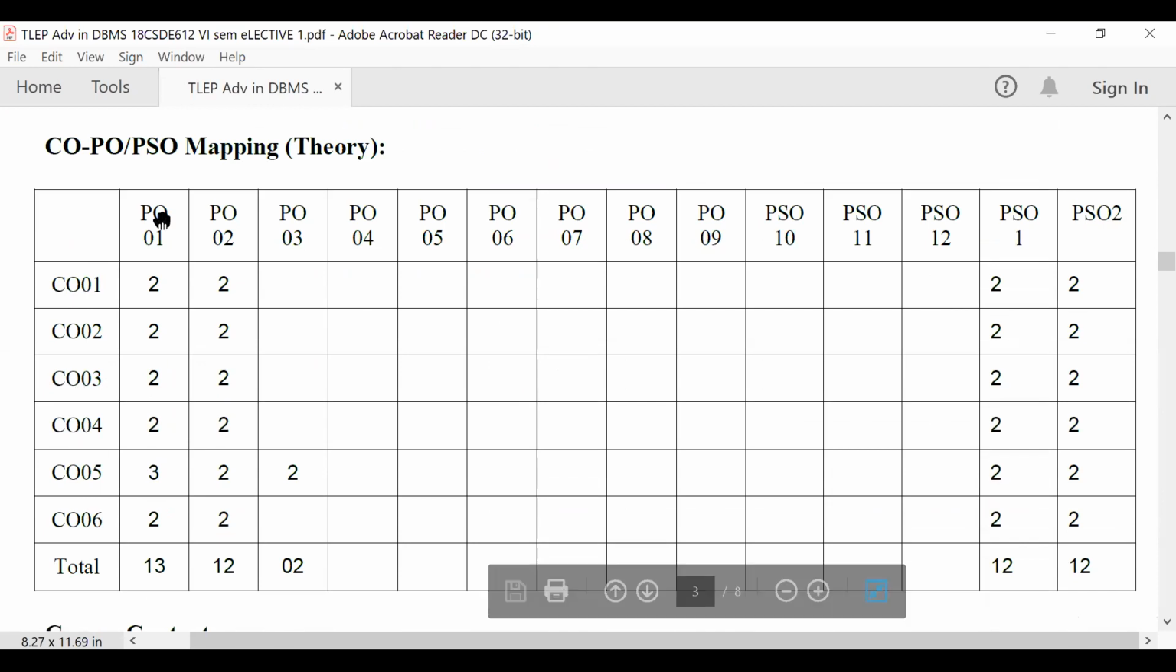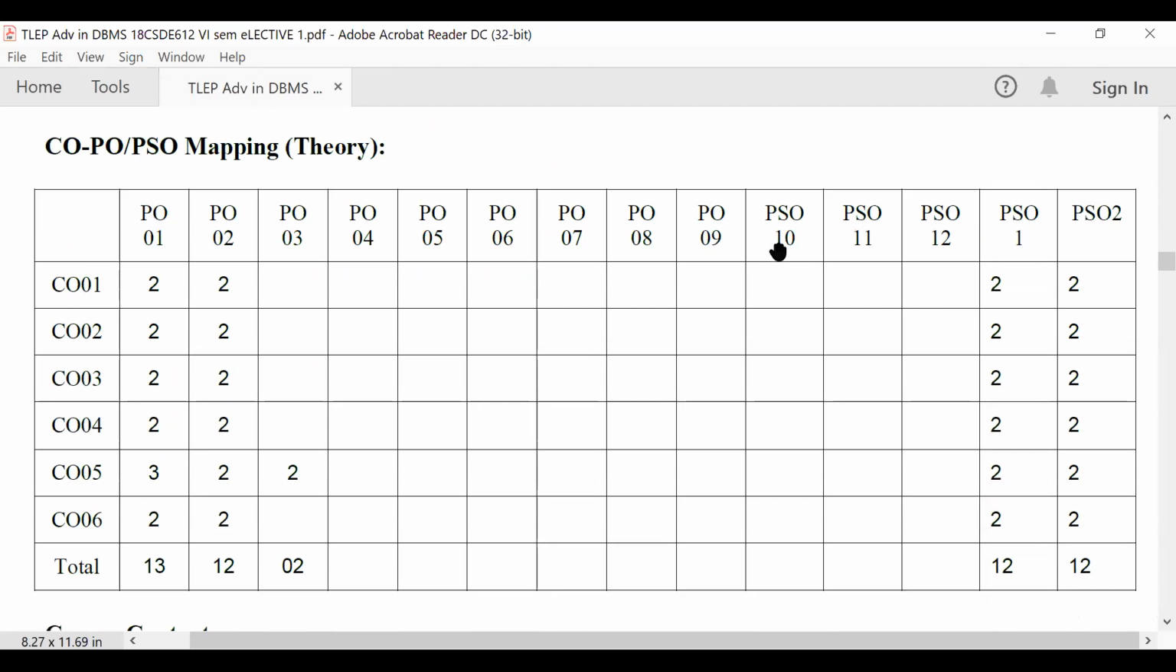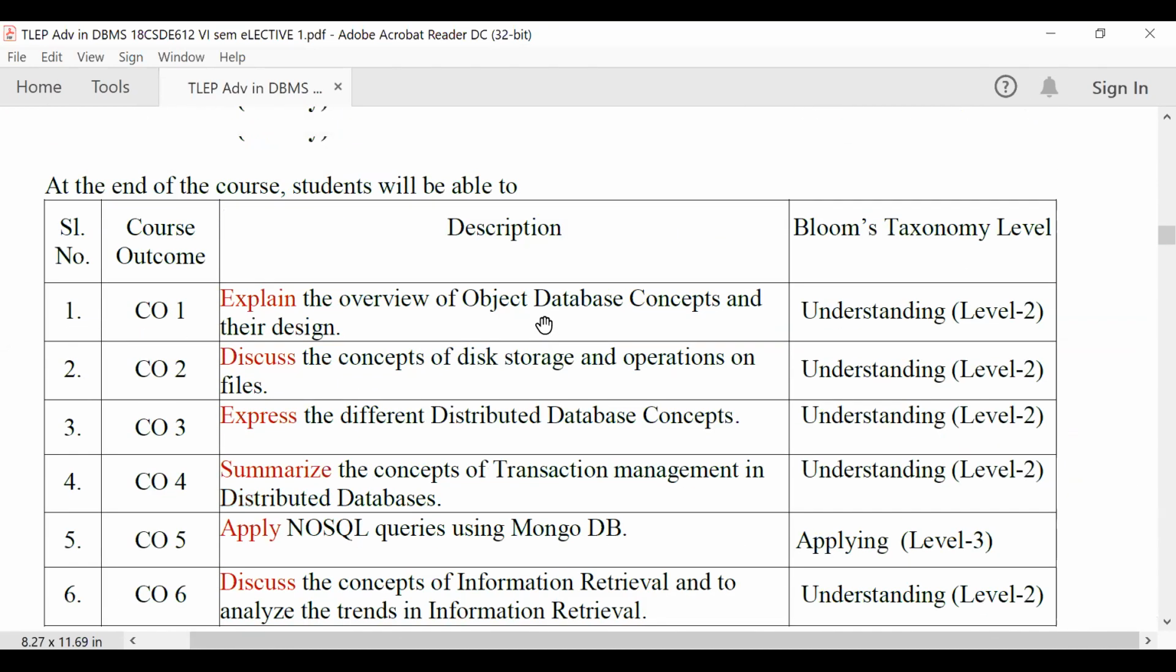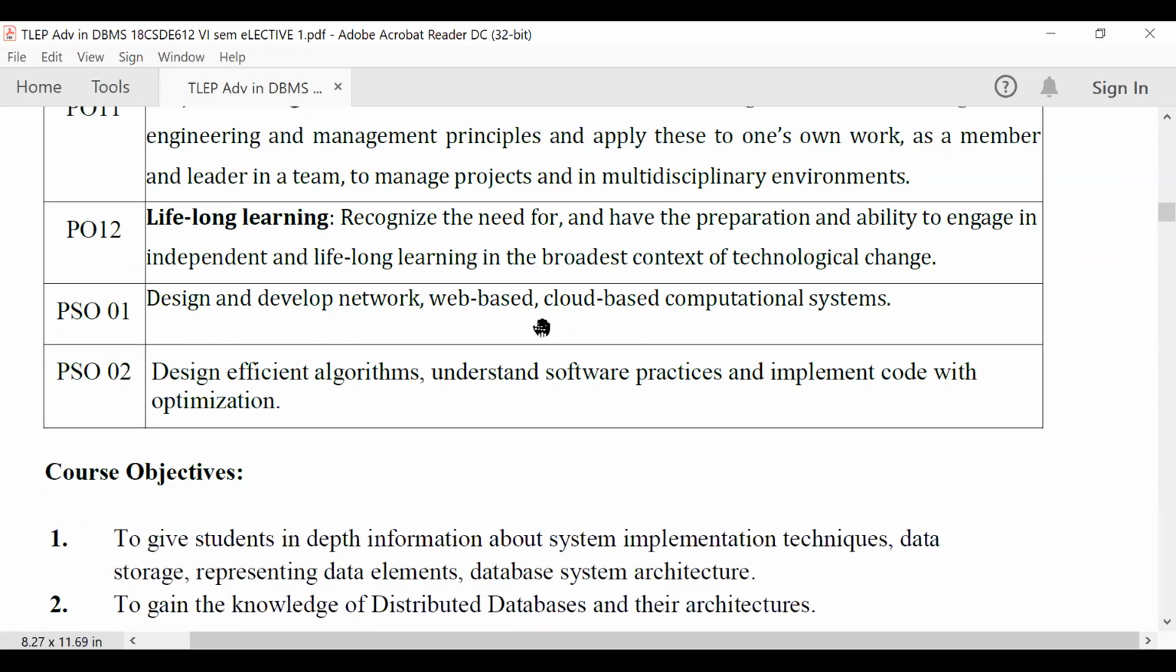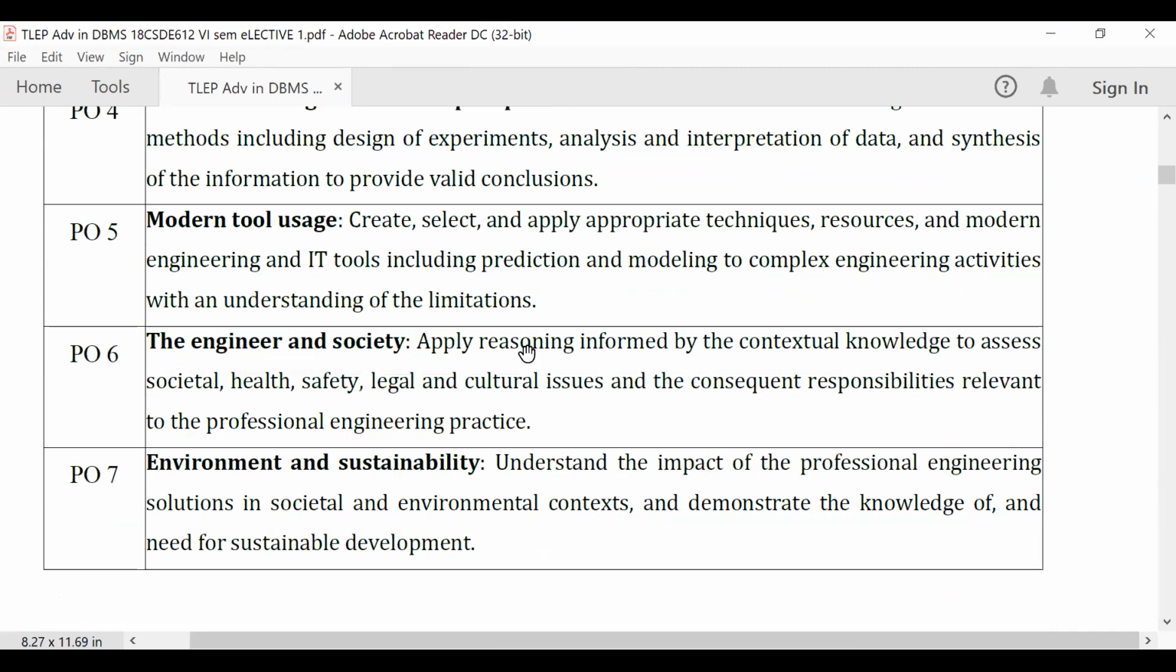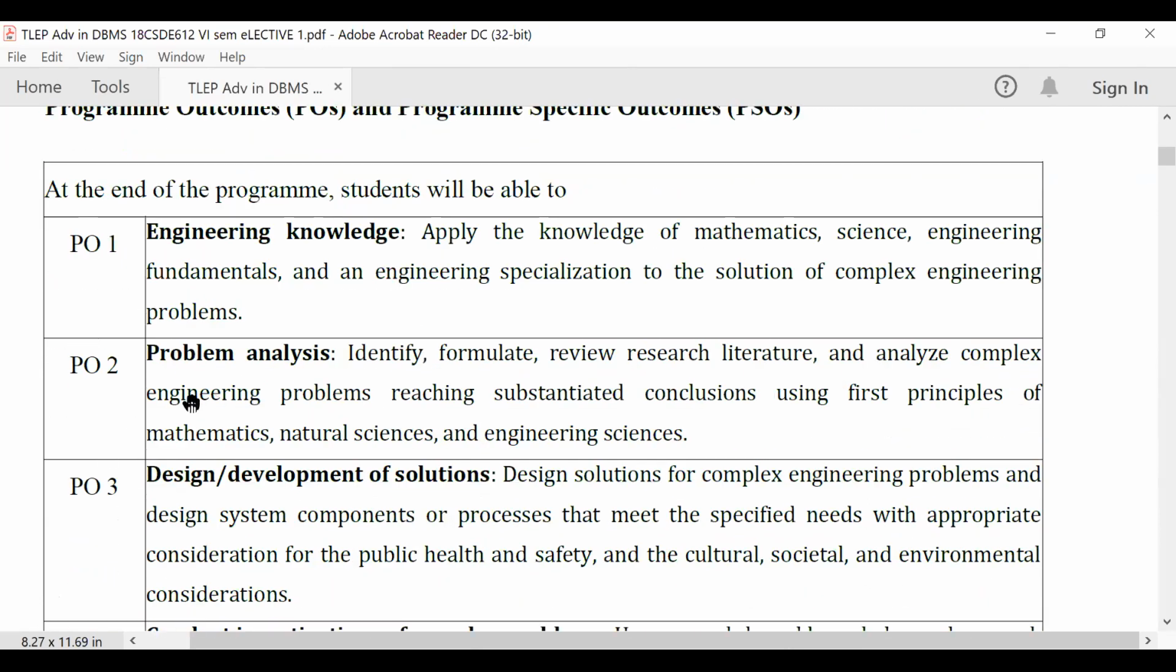So the course outcomes are mapped with your program outcomes. We have 12 PO statements and 2 program specific outcomes. The CO statement 1, the module 1, covers PO1 and PO2. So what is PO1 and PO2? Your PO1, the syllabus covers engineering knowledge and problem analysis. So by studying this subject, you are gaining the 2 POs, program outcomes like engineering knowledge and problem analysis, as